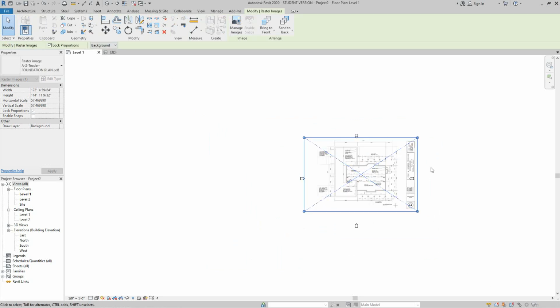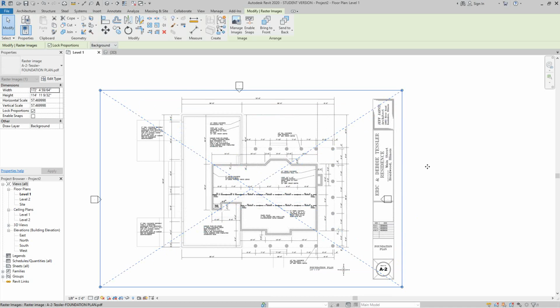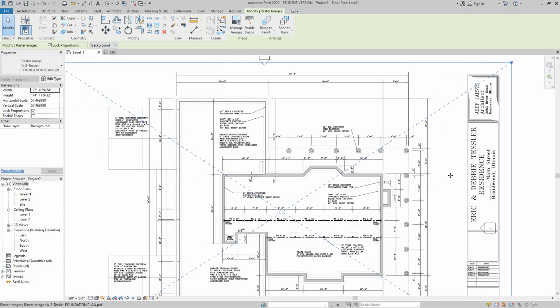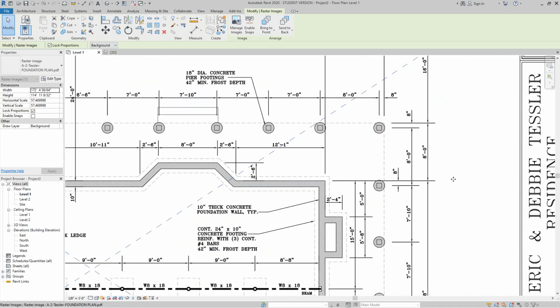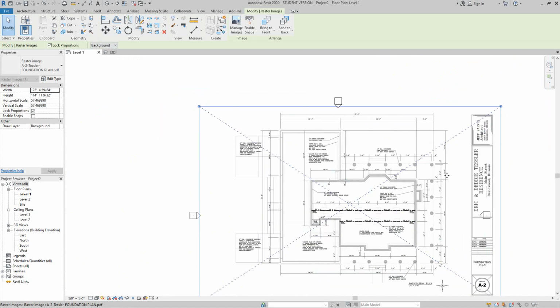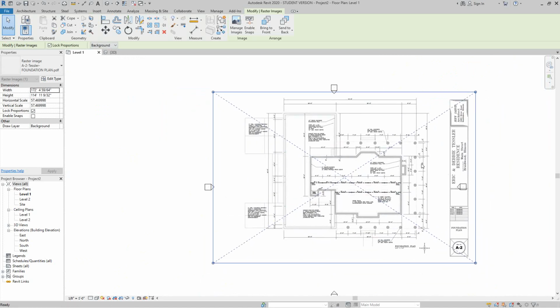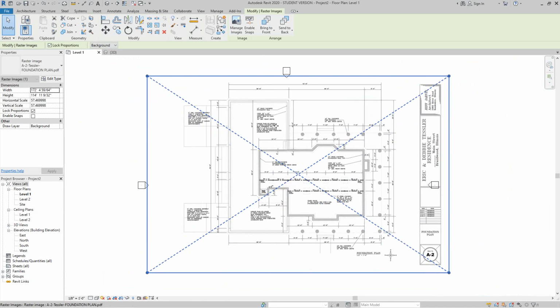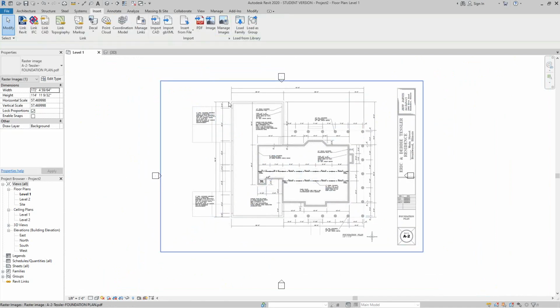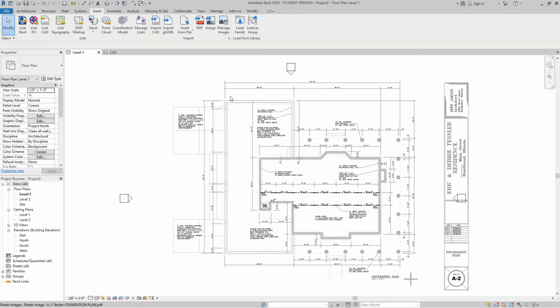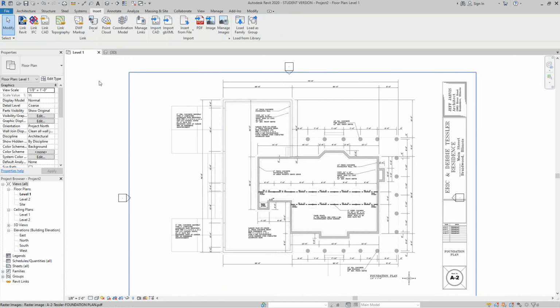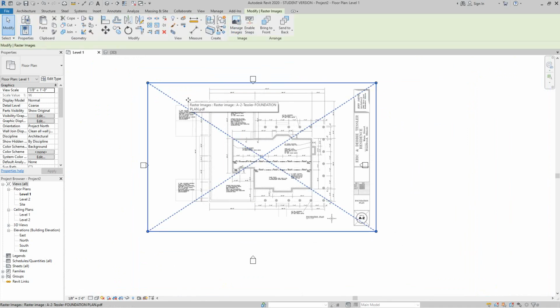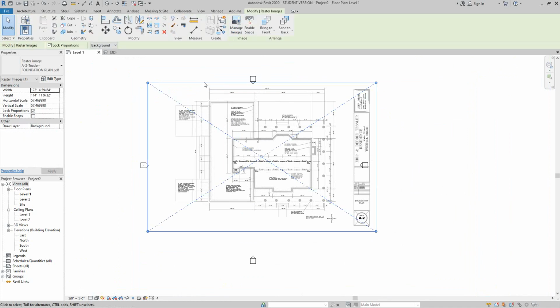So there's our image, our PDF image brought into Revit. This is a friend of mine's house that he did in AutoCAD, and I PDF'd it. So now here's our image, and we can scale this image to the proper scale and do whatever we need to do, and I'm not going to get into that. And so now this image is in Revit. So what we can do now is enable our PDF snaps,